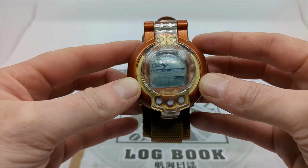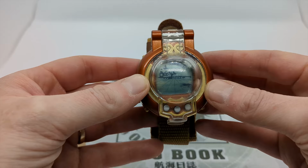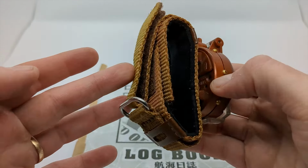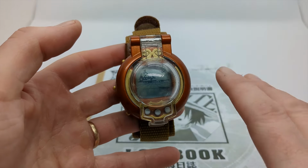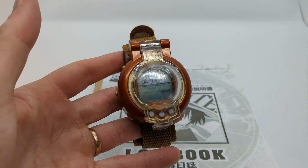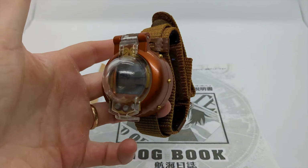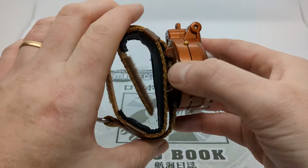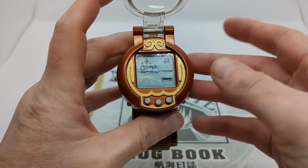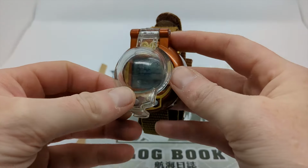This time I'm going to be showing off the One Piece log pose electronic toy, which is surprisingly one of the few One Piece electronic devices, despite One Piece coming out around the time where everything had a virtual pet or some form of electronic toy. Now, this is modeled after the log pose, which is sort of like a compass map device that they use in the series, and as you can probably tell from the way it looks, this is a